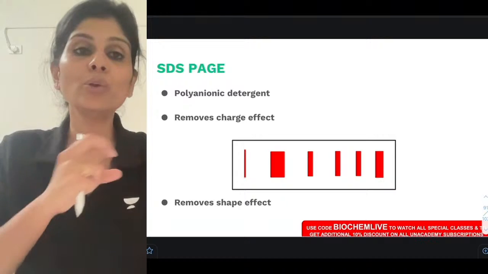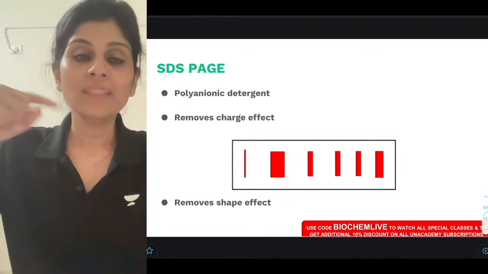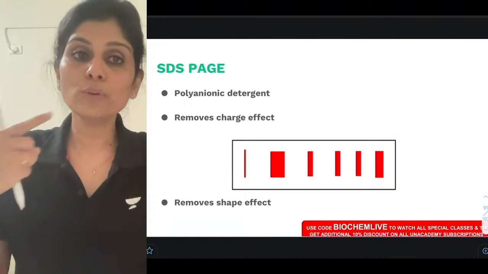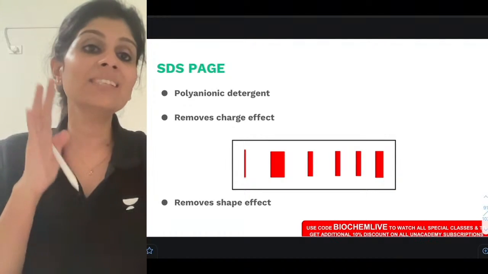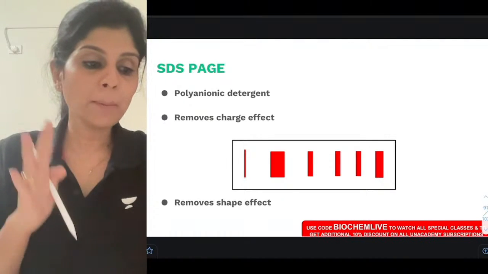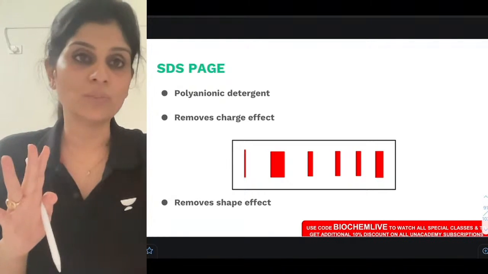So when you treat all your proteins with SDS or a polyanionic detergent, all shape-based separation is also ruled out. Do you understand this? Because it removes all higher orders of structure, retains only the primary structure of a protein. Primary structure is like you handling a long thread. That long thread will get intertwined to form a ball. So primary structure will give all proteins only a spherical shape. So shape-based separation is also ruled out.